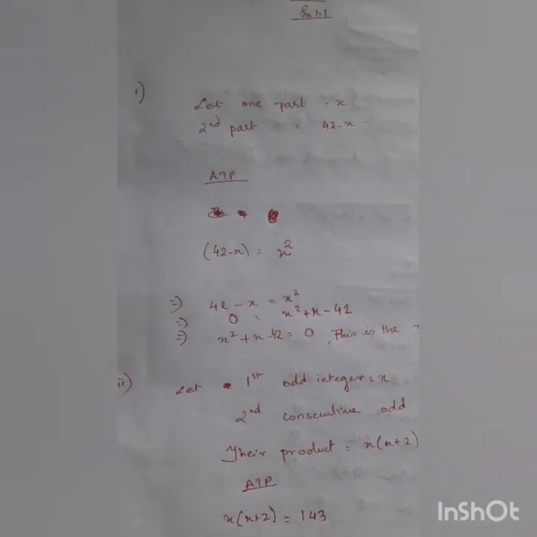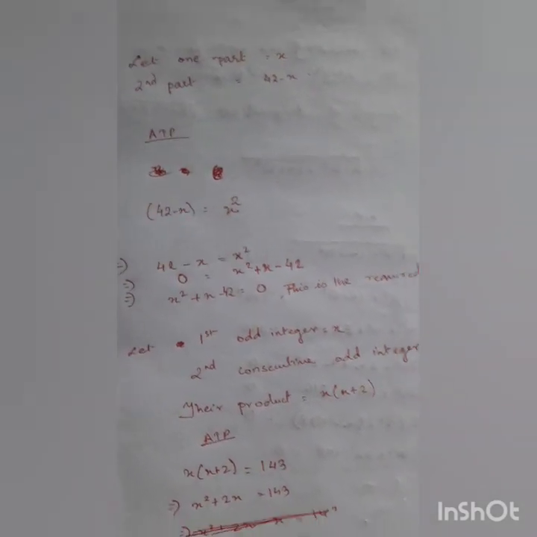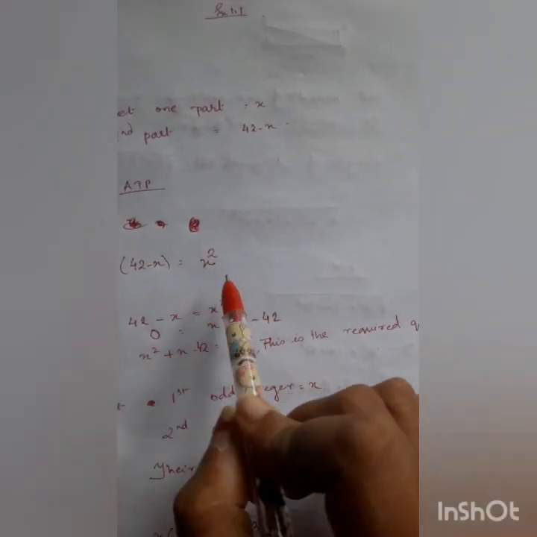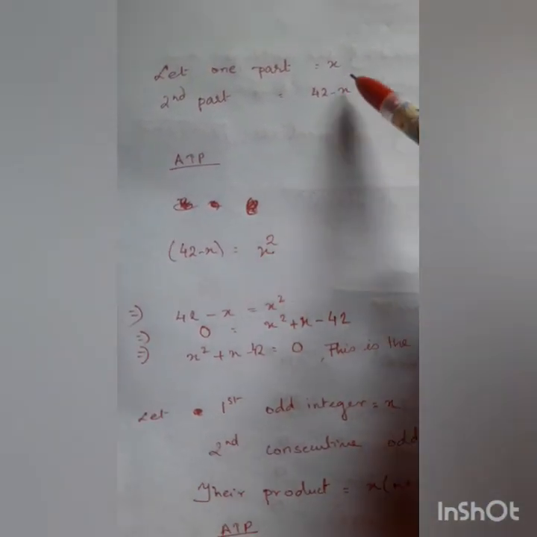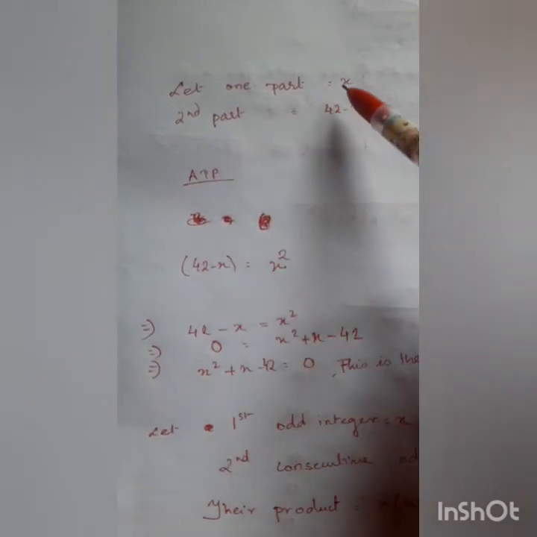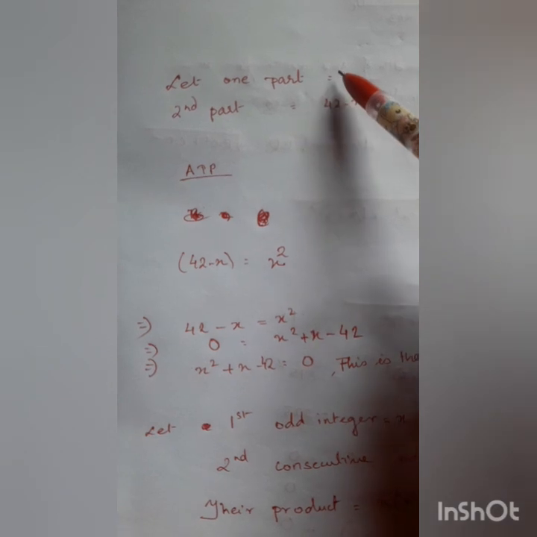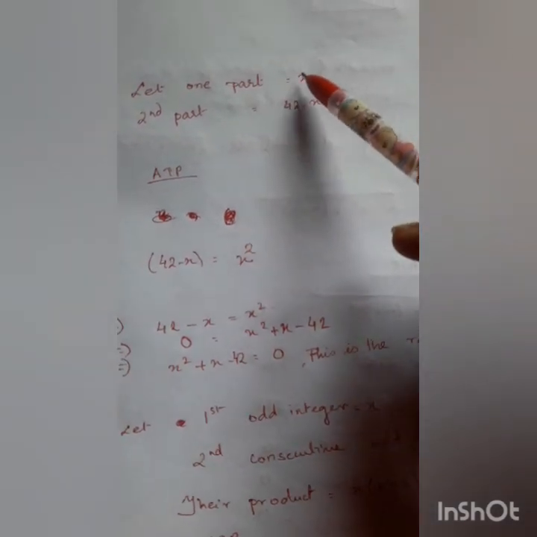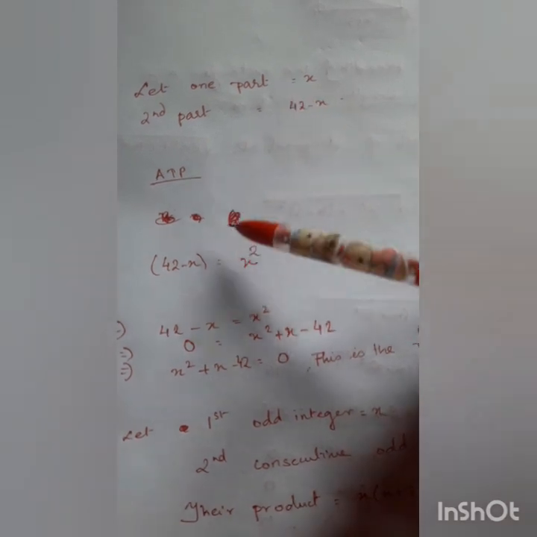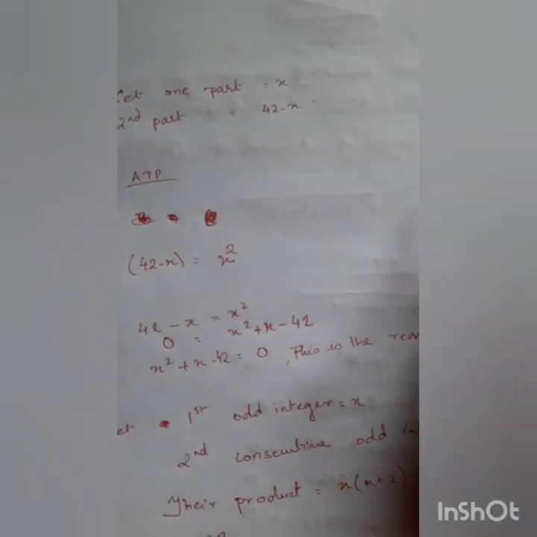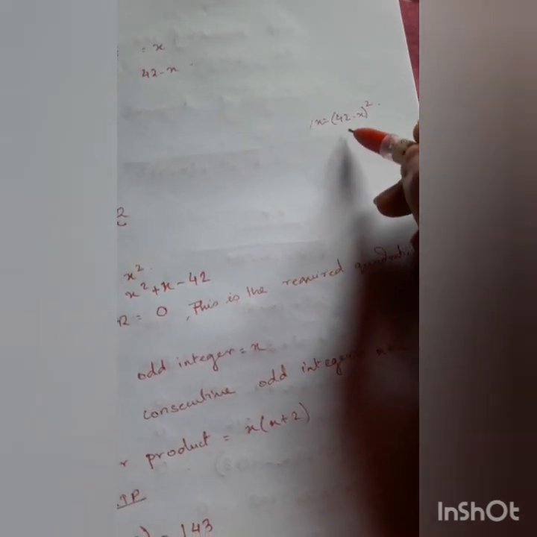Alright children, now see, I could have done it in this way also, that is x equals 42 minus x whole square, because I can take any one as one part. I have taken the first part as x, and they have not mentioned that the square of the first part is equal to the second part. Nothing like that has been mentioned. But if I took 42 minus x whole square, I would have to use the a minus b whole square formula, then break this up, then find the quadratic equation. This is much easier, isn't it? So just this one square and these things came this side, right?